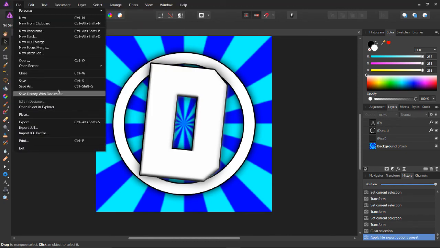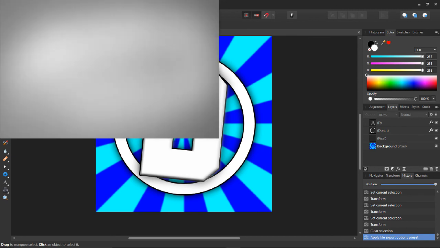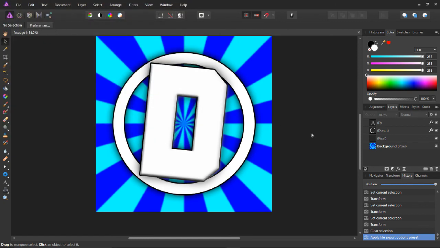So if you want to save this Affinity Photo file, if you want to edit it later, just click File, Save As, and name it something like First Logo, and save it to wherever you think is the easiest to access. And now, if you go to your folder where you saved it, you can double click that, and it will open up the same exact file with all the layers,